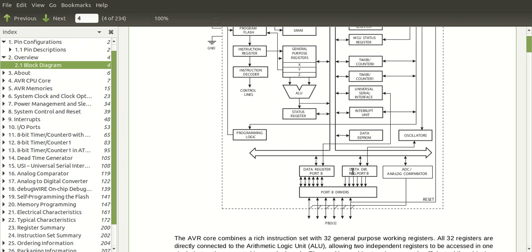So writing a 1 to the data direction register will configure it as a output. Writing a 0 will configure the corresponding bit as input.